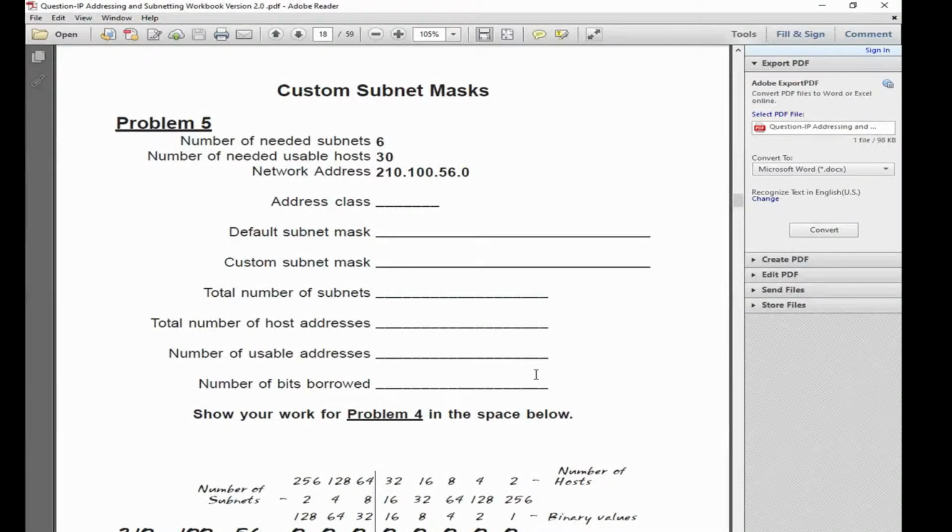Now here we need to solve this problem. In this problem, first of all, we should know what this address class is. Can you tell me, please? Is it class A, B, or C?